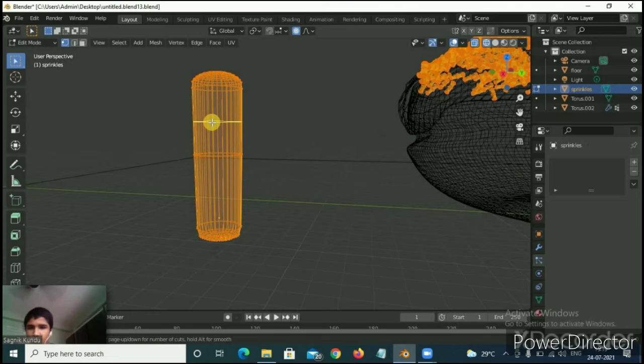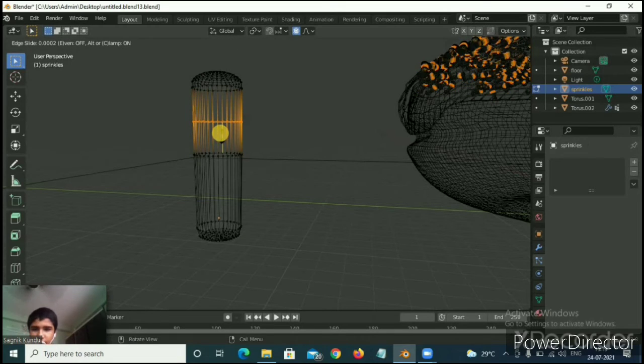Okay, so select it, and then I will press Ctrl plus R, and then you can see a yellow line appears. Okay, so I will place it. Okay, here or here I will place it. I'm placing it here. Then maintain the size according to you. I'll keep it in the middle.